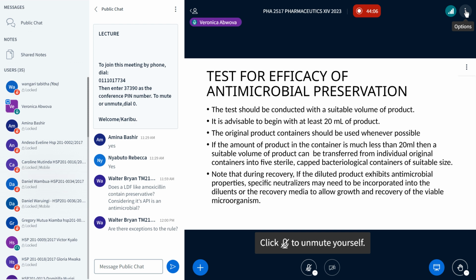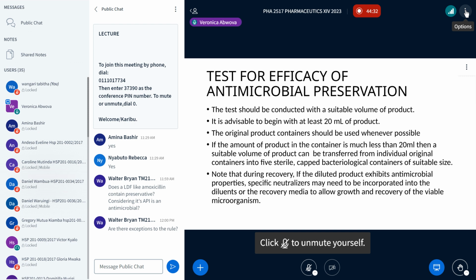The test should be conducted with a suitable volume of product. It is advisable to begin with at least 20 ml of product. The original product container should be used whenever possible. But remember, we are saying 20 ml of the product. Some of the products are even less than an ml. Okay, so remember,